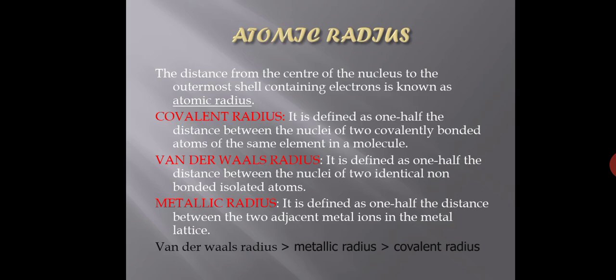So, understood what atomic radius is? It is actually the distance from the center of the nucleus to the outermost shell, or up to which the density of the electron cloud is maximum. But there are several difficulties involved in it, because it is not possible to isolate an atom, and so many other things I have told you. Now, based upon this atomic radius, we have covalent radius, metallic radius, van der Waals radius, and in ionic radius we have cationic radius and anionic radius, and many different kinds of radius.